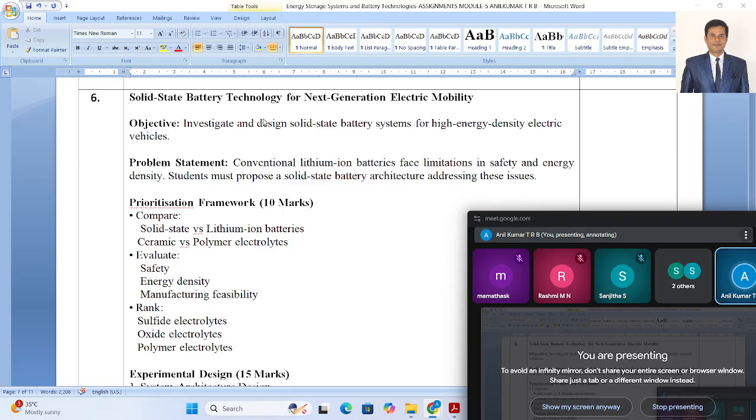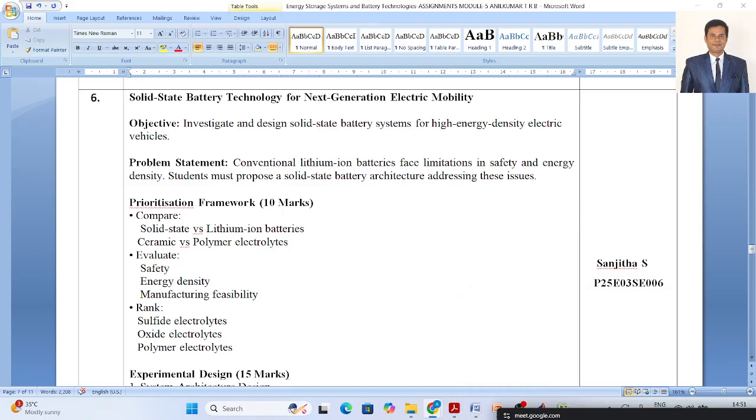So why do we not prefer lithium ion batteries, even though there is a benefit from them, and there are also many drawbacks from the lithium batteries? Why are people going for other kinds of batteries rather than lithium? That is the issue that has to be raised by the students. Okay, so try to compare the solid state with the lithium ion batteries, and check the chemistry of